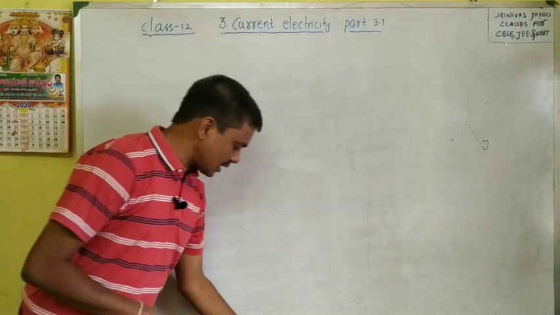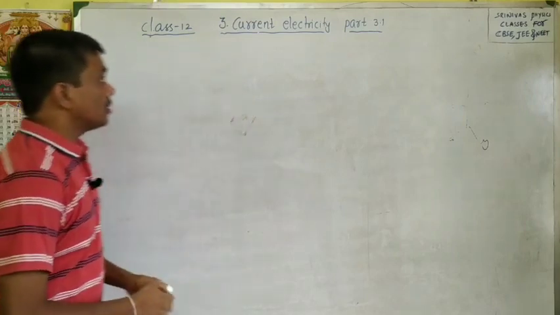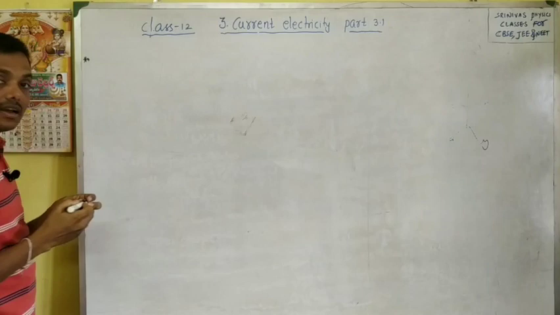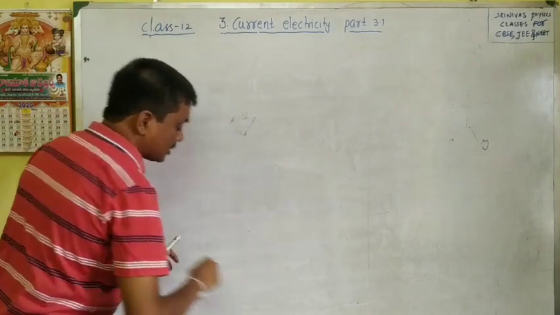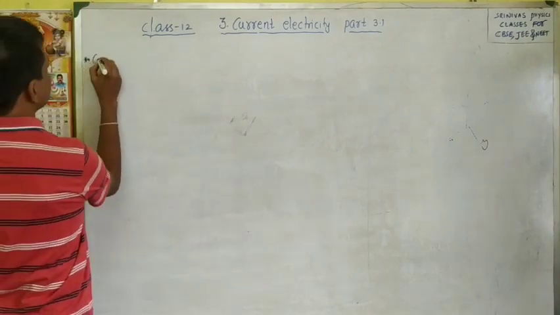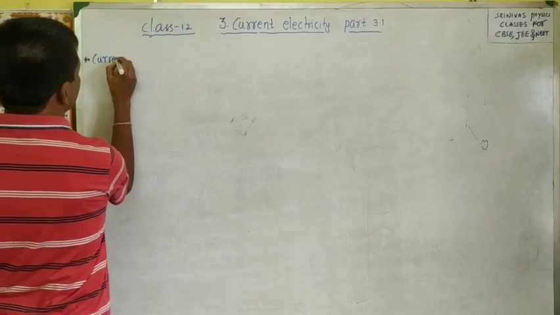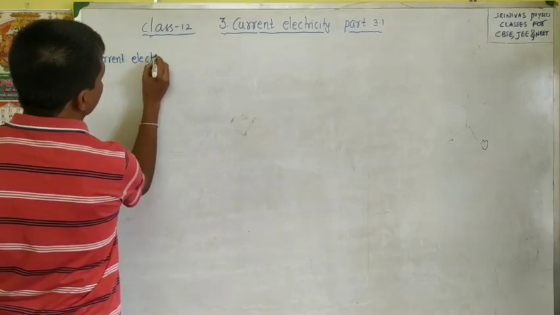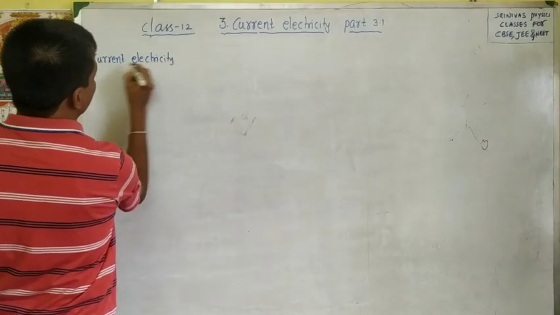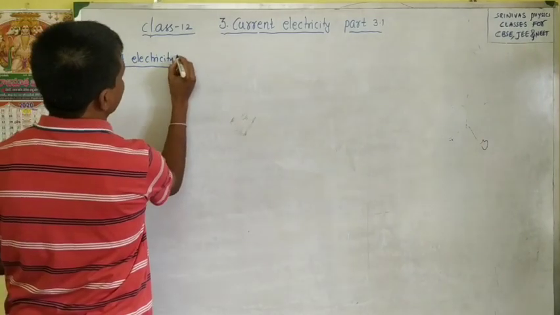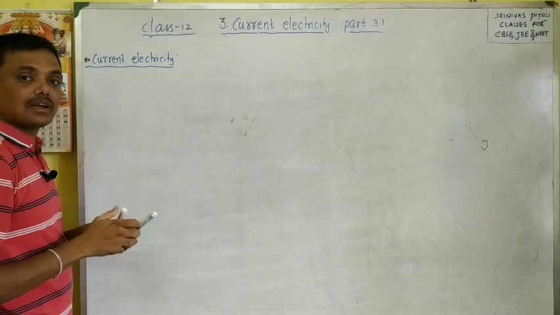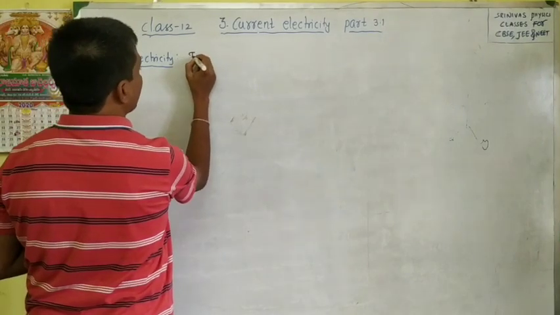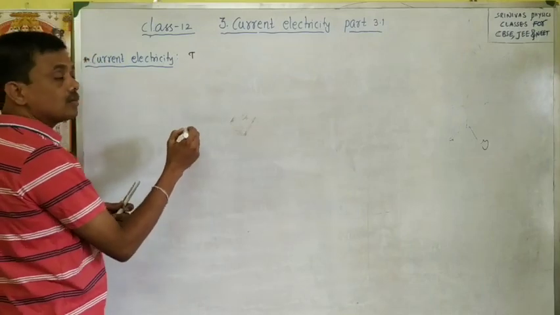And what is current electricity and what are we going to discuss in this chapter? First of all, I will tell you that. Current electricity discusses the current. Okay, current means how the current is generated. What is current electricity? The definition of current electricity is the branch of physics which deals with the